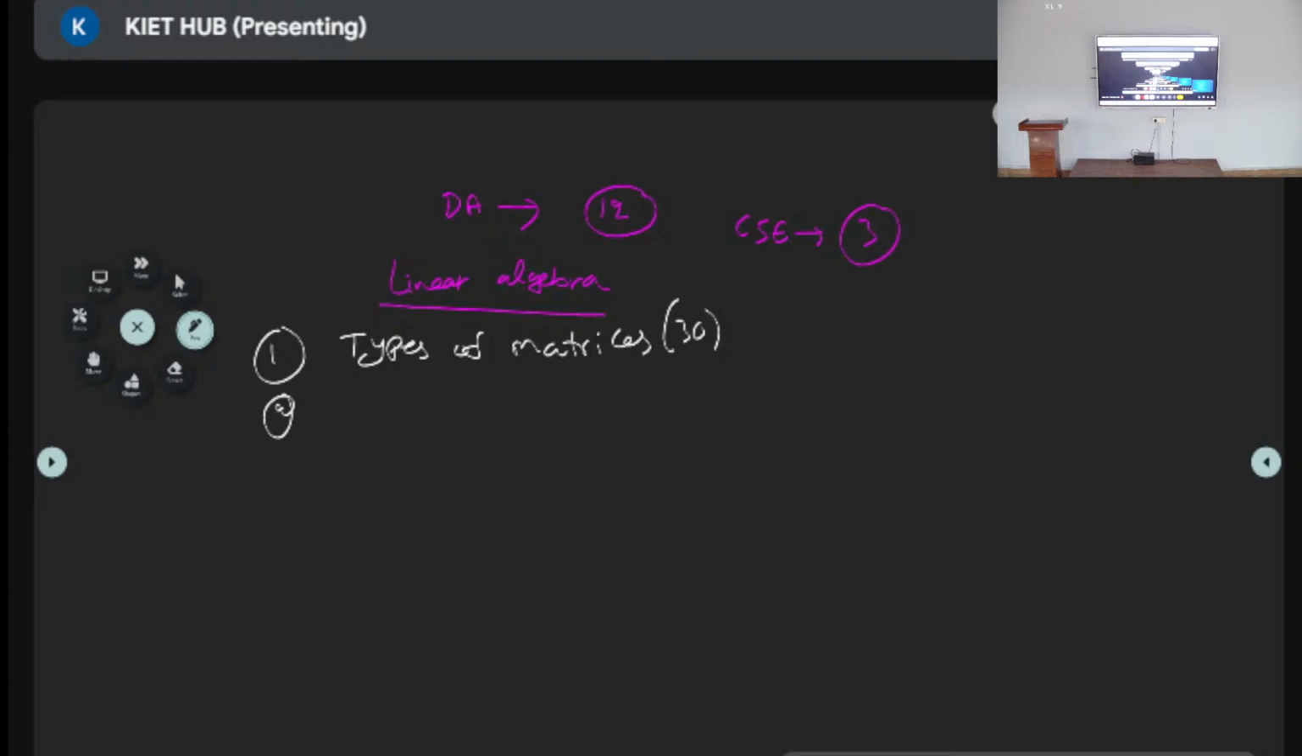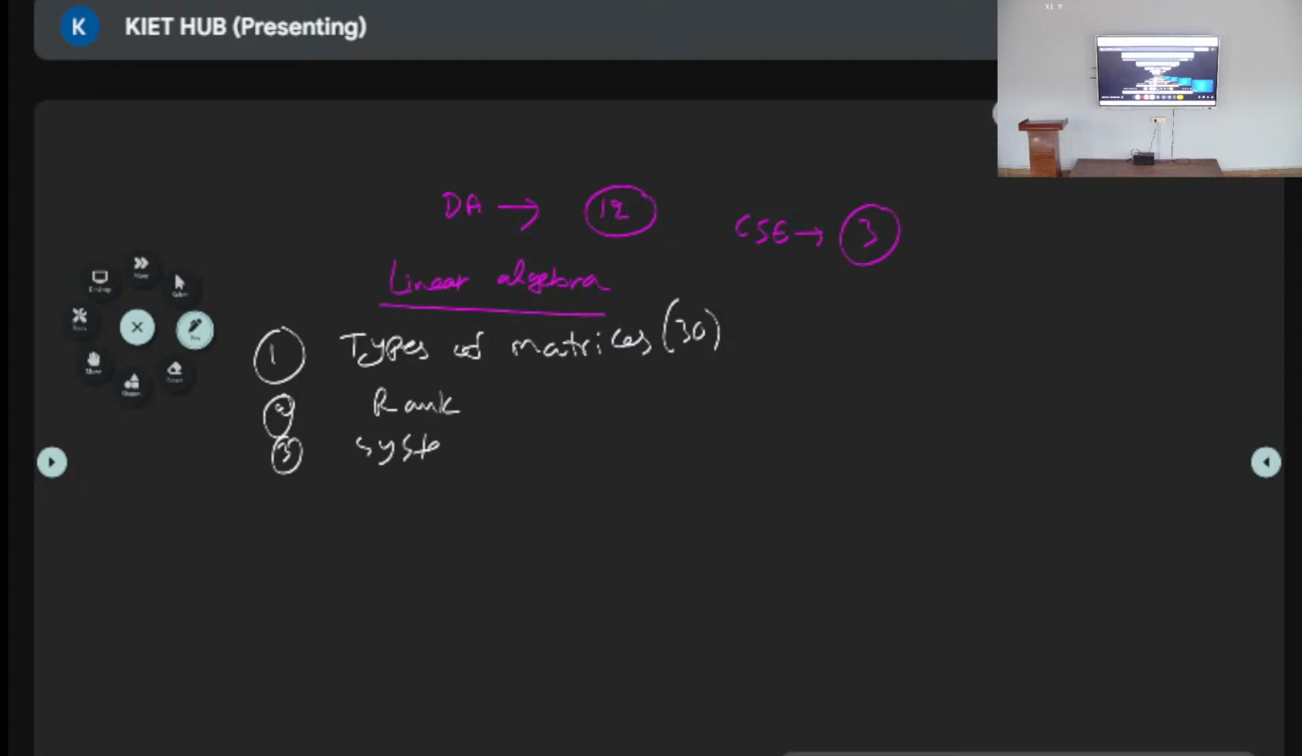So I'm expecting everyone to concentrate. DA students, 10 marks, 12, sometimes 15 also. For CSE it is 3, but for DA students, maths is the only deciding factor. We have to work hard. Types of matrices, near about 30 different types of matrices. Then next, third,